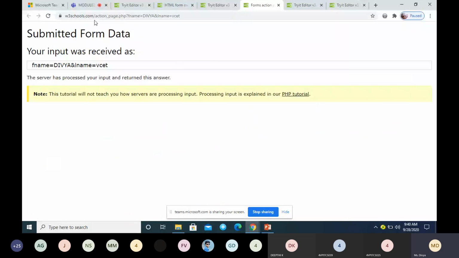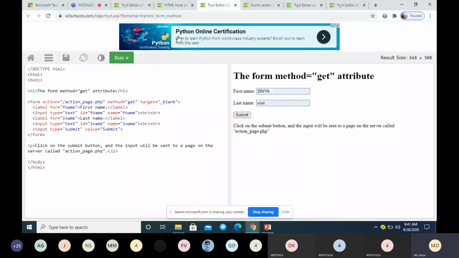you can see here, the next page it is taking is action page dot php. So this is the next page. After I click on the submit button, whatever data I have entered is submitted in the form of a query string. The page and the query string are separated with a single question mark. Is it clear? This is very important. Action is the next page which you want to specify after clicking on the submit button.